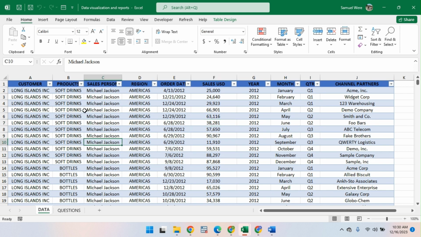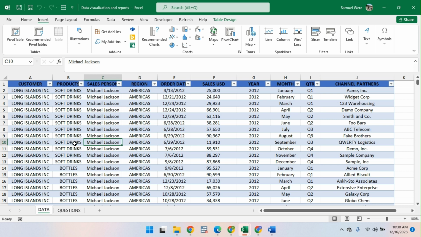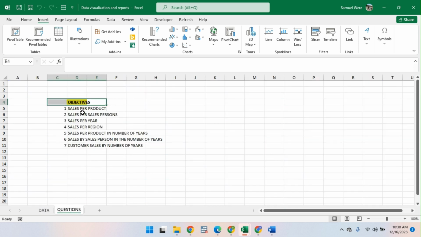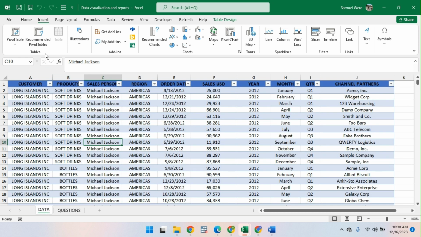So once you have converted your data into a table, you come to insert. We are going to insert a pivot table now. The first question that we want to answer is sales per product. So we want to understand what the sales are for each of these products that we are selling. So in this case, come to insert, then pivot table. If you click insert pivot table,